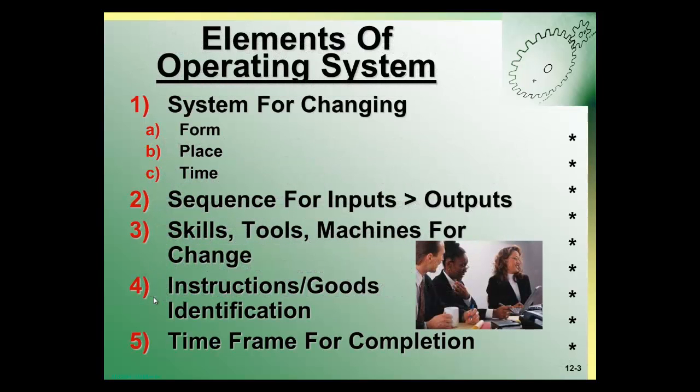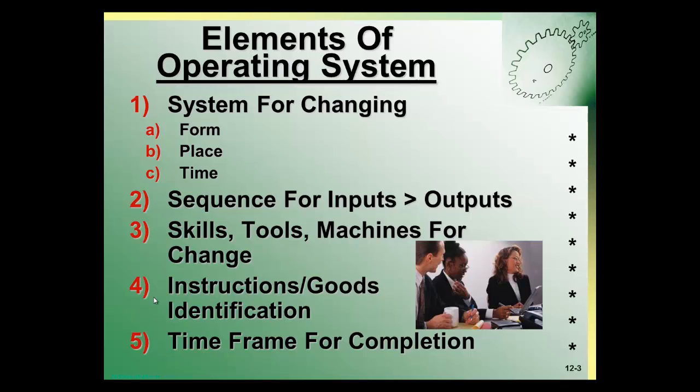Now, when we consider the original steps of starting a business, we have identified our product or service. We have studied the market for a product or service. We've determined what we need to do to open our business, started making our strategic plans, and now we are arriving at the final step, which requires the development of an operational plan. The operating systems include buildings, materials, equipment, and people, and when all of those elements are combined, we have an operating system. In fact, large parts of the operating system will be the same for every company, regardless of the product or service provided. All companies need a marketing department, a finance department, and an operational department.